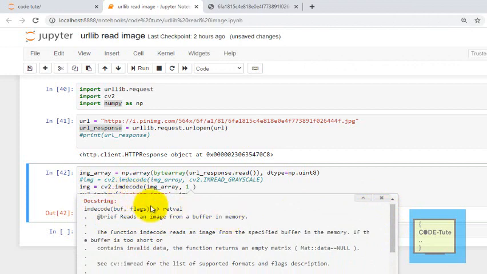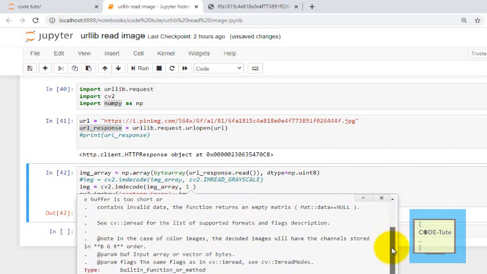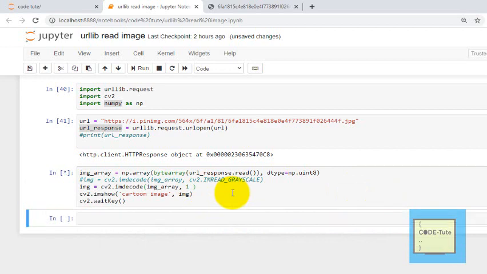The function reads the image from the specified buffer in memory. Also see cv2.imread for the list of supported formats and flag description, so it supports different color modes. Here I have written 1, so let's see what output we get.